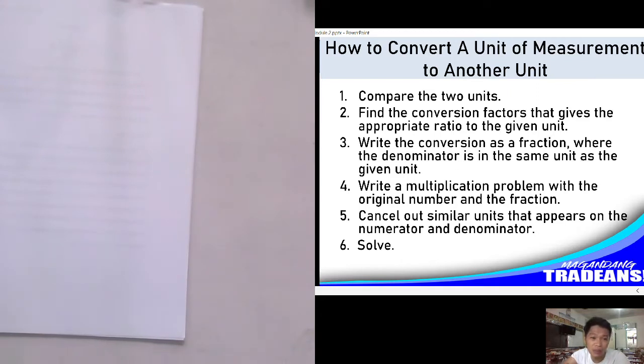Ano pa yung dapat gawin dito? Ano daw yung conversion factors na gagamitin natin? Yan po yung ibig sabihin nun. Next, number 3, write the conversion as a fraction. Gagawin daw natin siya ng fraction. So, how? For example,